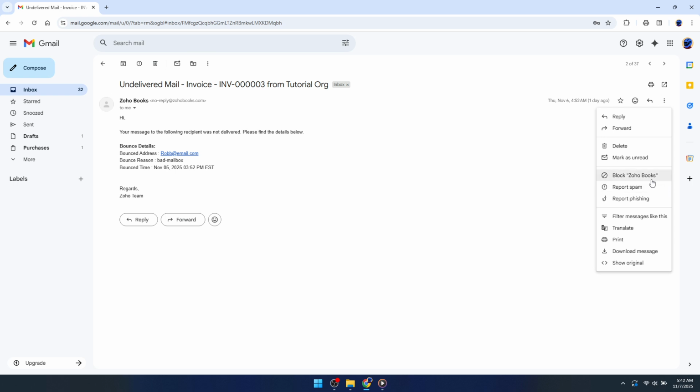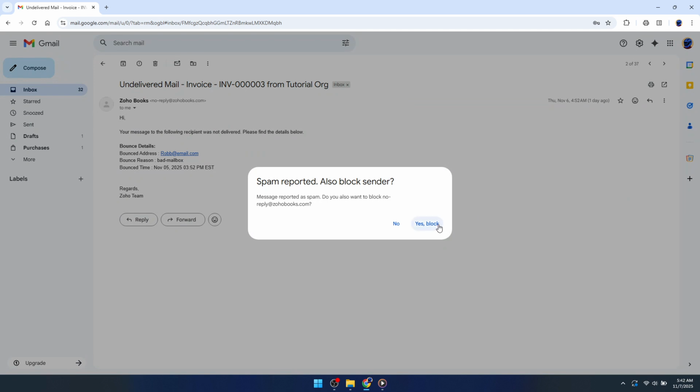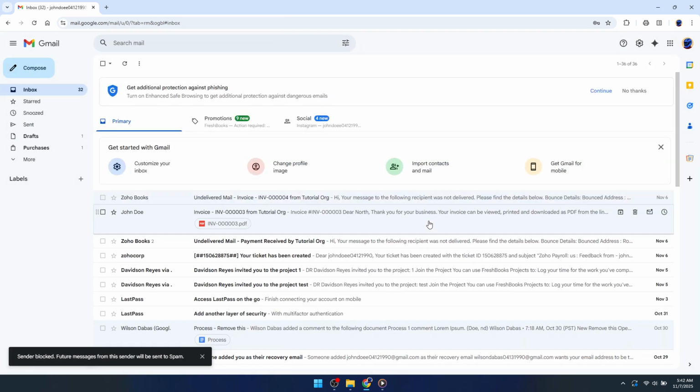Perhaps you have more than one spam email to report. In this case, Gmail also allows you to tackle multiple emails at once. Start in your inbox by checking the small box beside each email that you suspect to be spam. You'll see that a check mark appears in the boxes as you select them, which signals that they are ready for action. Once your emails are selected, direct your attention to the top of your inbox where you'll see a